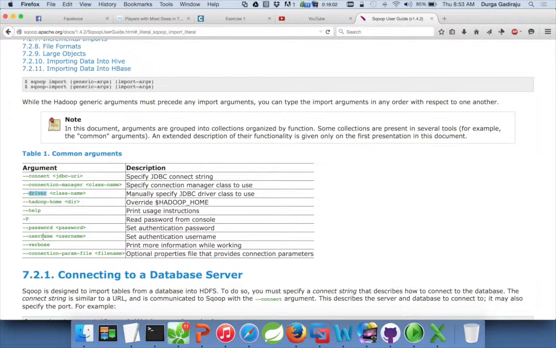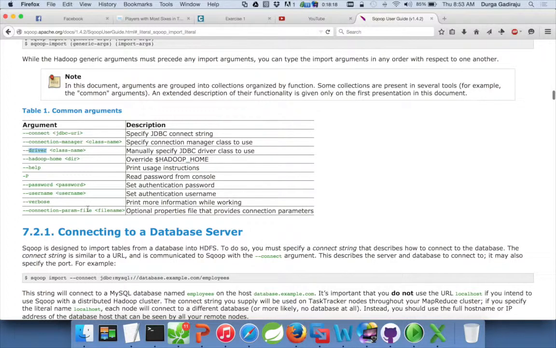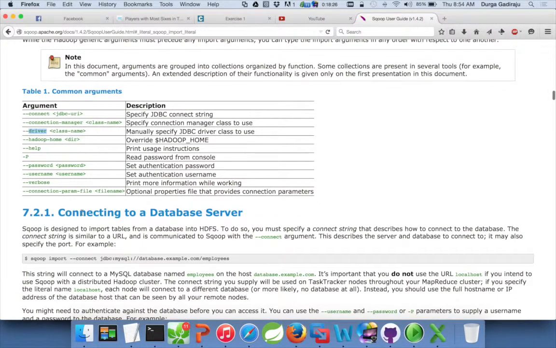And instead of using username and password or -P, you can create a parameter file which will have the username, password, and I think even the JDBC connection string, and you can run the command. The database connectivity parameters will be in a file, and that will be passed using --connection-param-file.